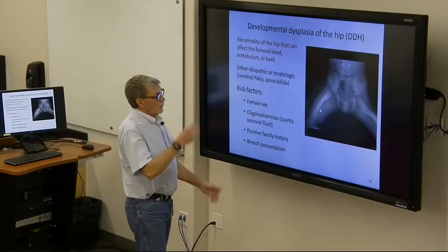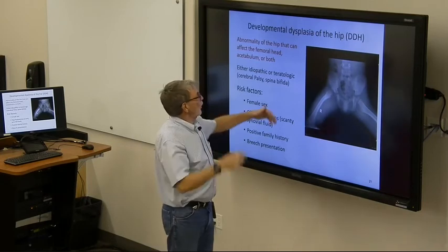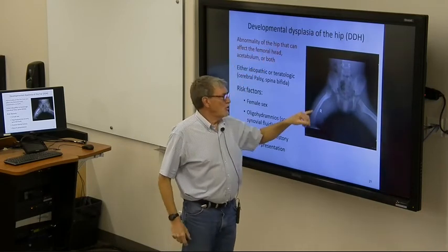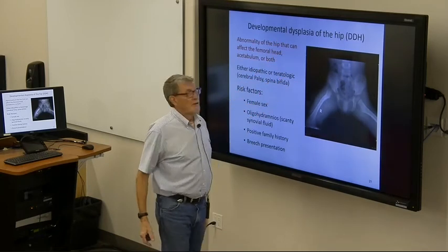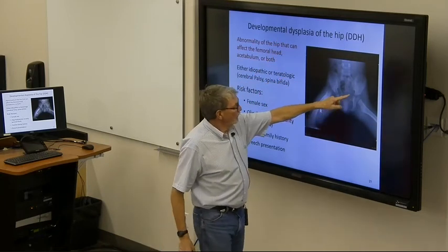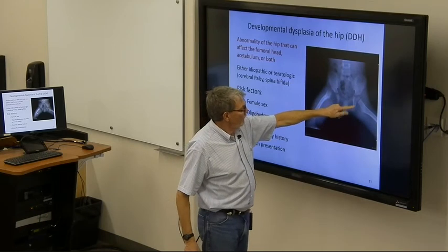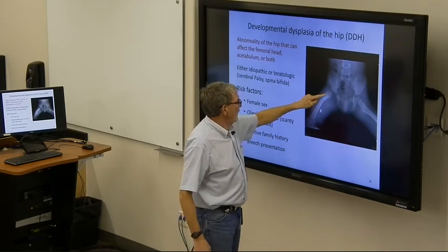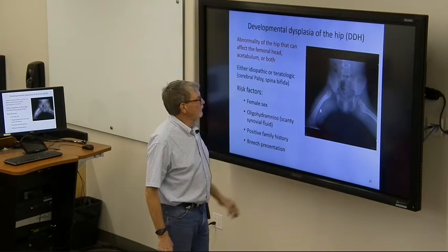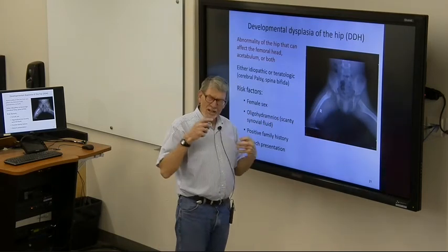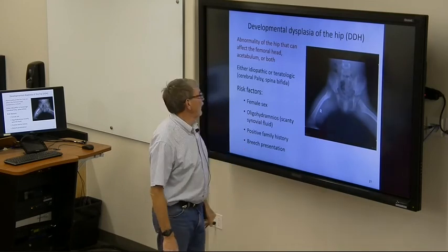A developmental problem that happens in some kids is called developmental dysplasia, which means poor development of the hip. And here we can see a nice head of the femur here and a nice acetabulum. Here's just kind of a mismatch over here, and it's not going to actually move into that hip socket well.